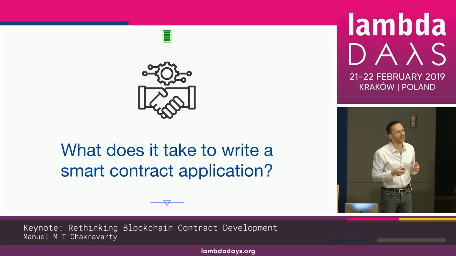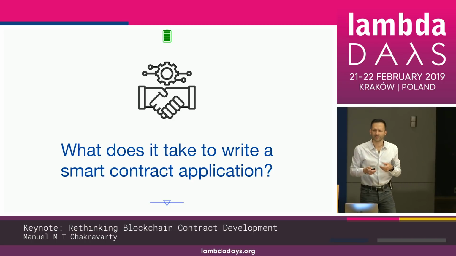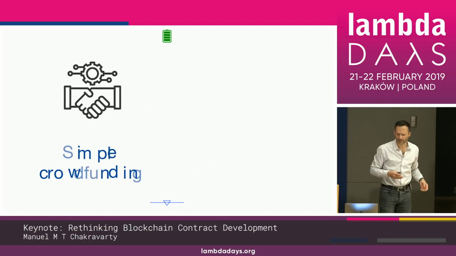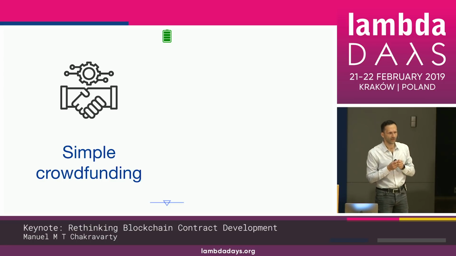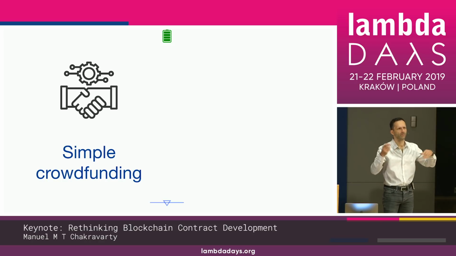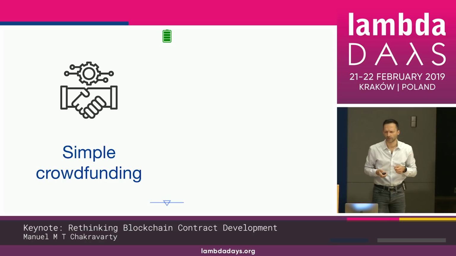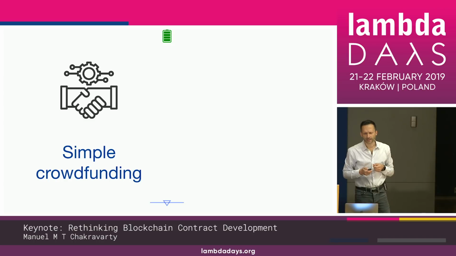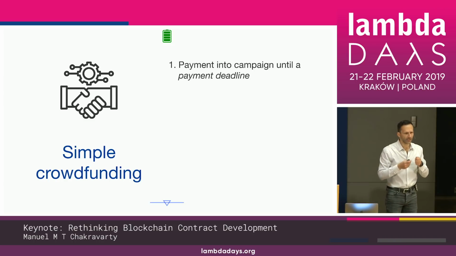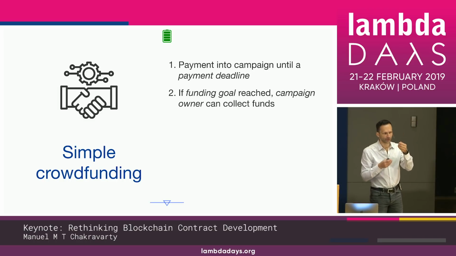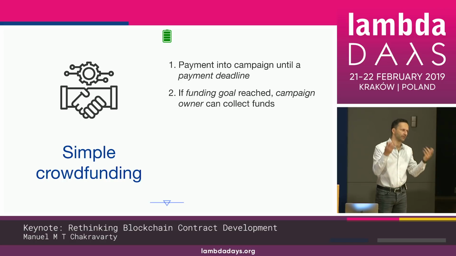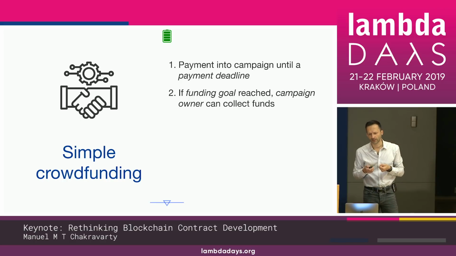So let me explain it as a small example. Let's have a simple crowdfunding example, okay? Somebody makes a crowdfunding campaign. I'm going to produce a video about XYZ if enough people pay me money to pay for the production kind of thing. And so they stipulate a particular deadline by which the funds have to be raised, and then a certain goal which has to be reached in order for the crowdfunding to be successful.